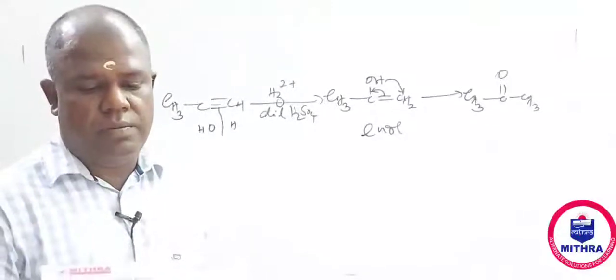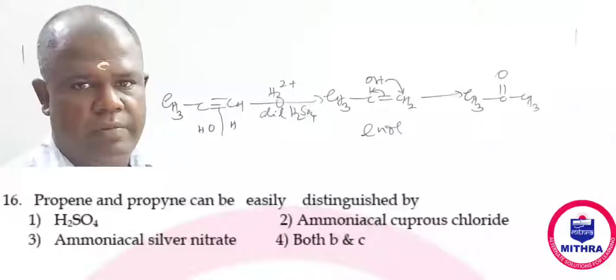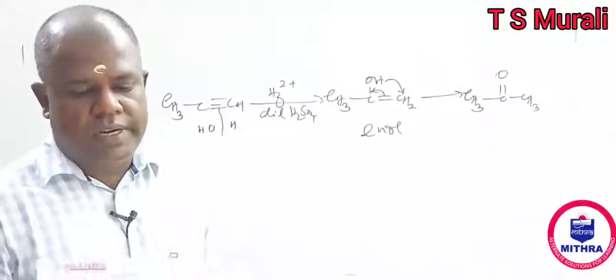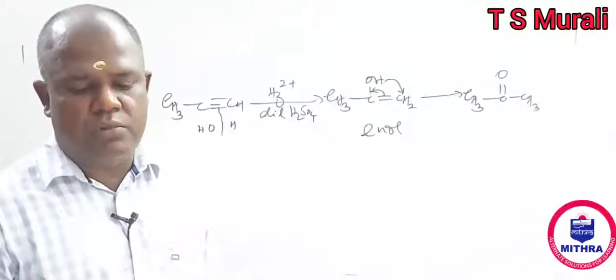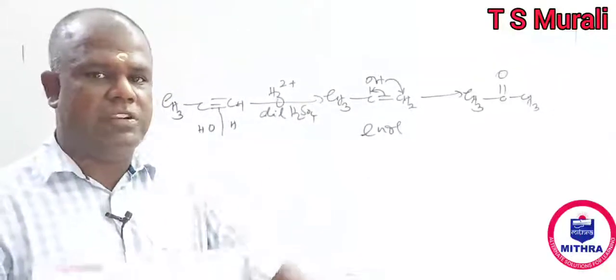Question number 16. Propene and propyne can be easily distinguished. One is an alkene and the other is an alkyne. So dilute KMnO4, Baeyer's reagent, bromine water, etc. cannot be used because both of them give the test. So the answer is ammoniacal cuprous chloride and ammoniacal silver nitrate, because it will react only with alkyne with the terminal hydrogen,